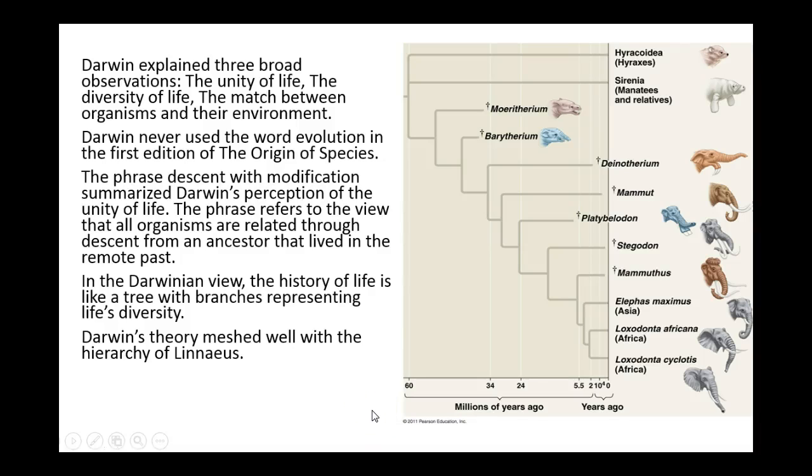And so we were talking about Darwin, and he finally published The Origin of Species. He didn't use the word evolution, but he did use the word evolve. So I guess he set the groundwork for using that particular term. But he did use the phrase descent with modification, and that was the overarching summary of the fact